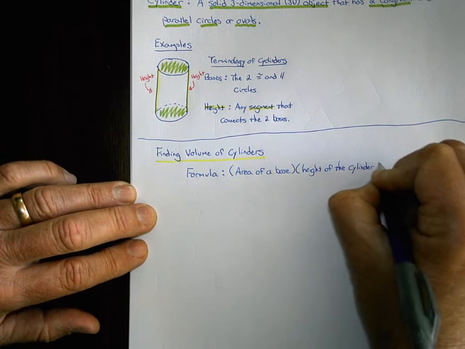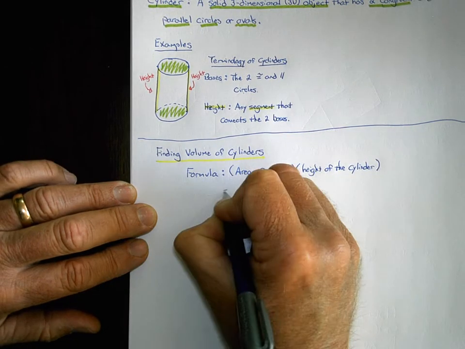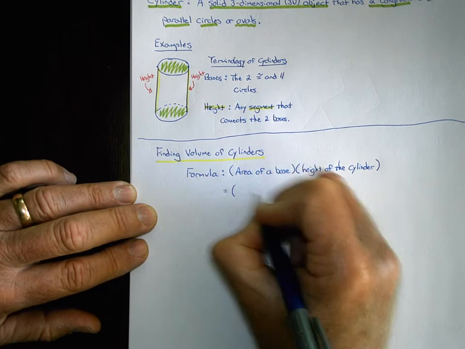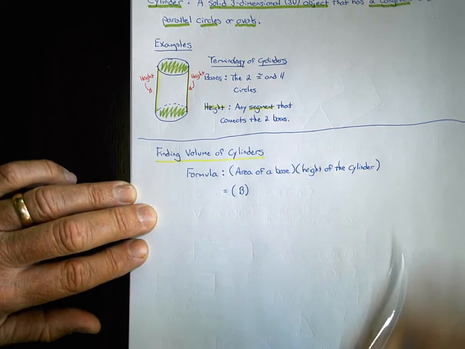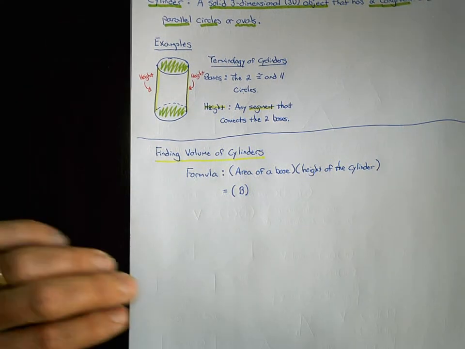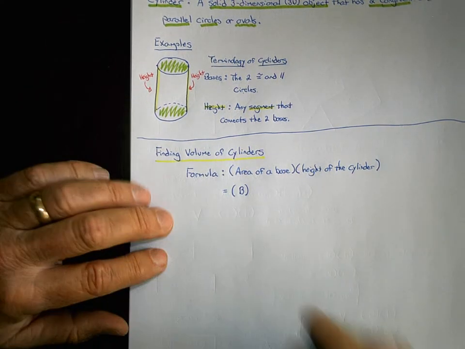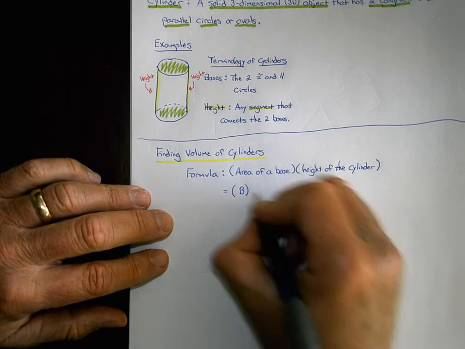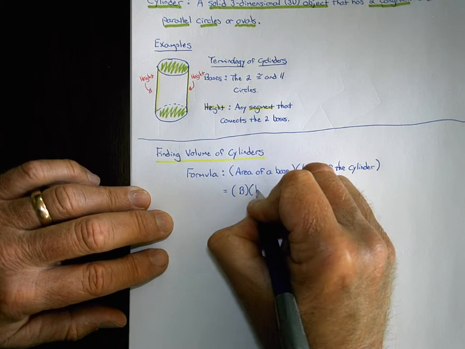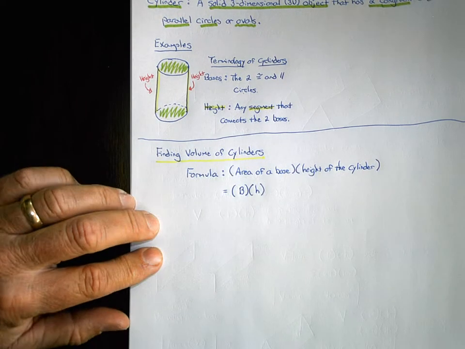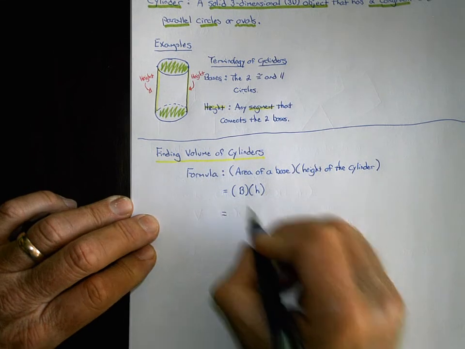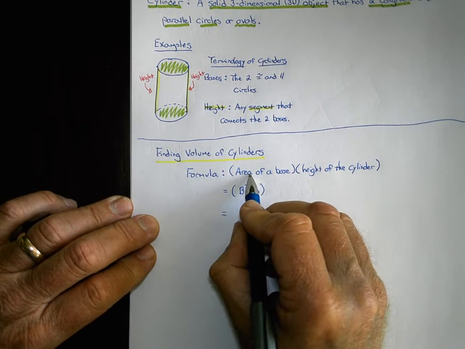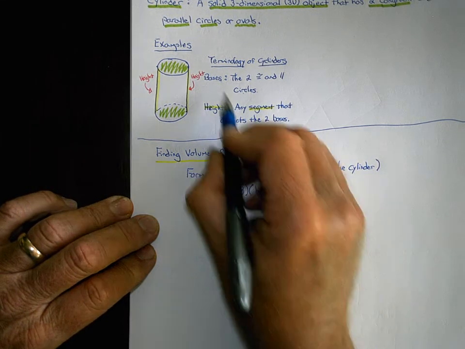Okay? If you were reading a math book, they would write the formula like this. For area of a base, they would denote that with a capital B, just like with prisms. Capital B stands for area of a base, and they would denote the height of the cylinder as lowercase h. Okay? And to take it even a step further, if B stands for the area of the base, and the